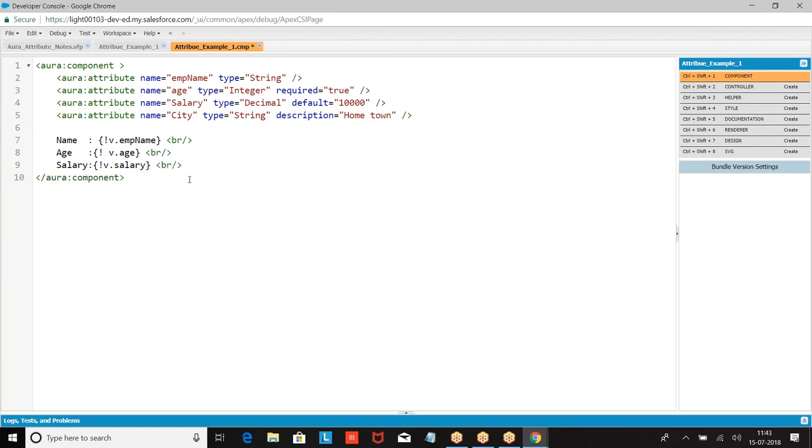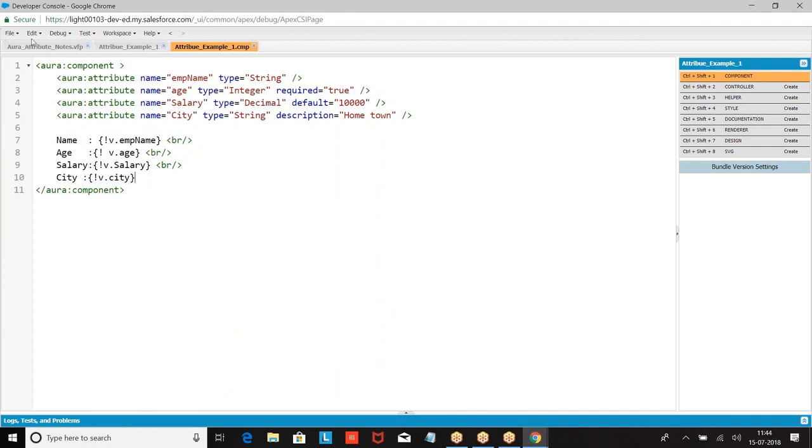It is case sensitive. Now we got name, age, salary, city. It is case sensitive.